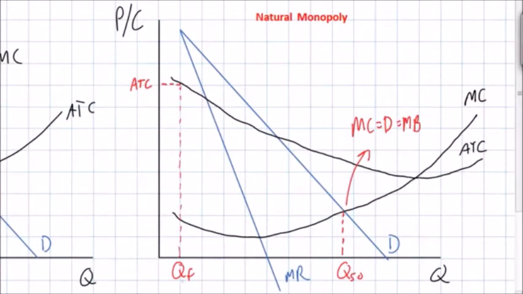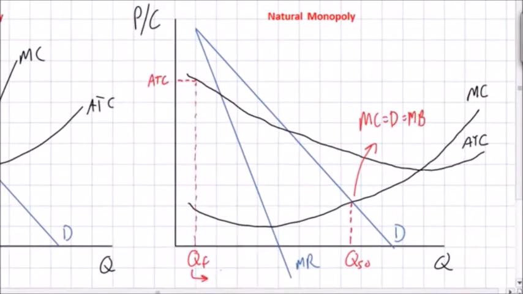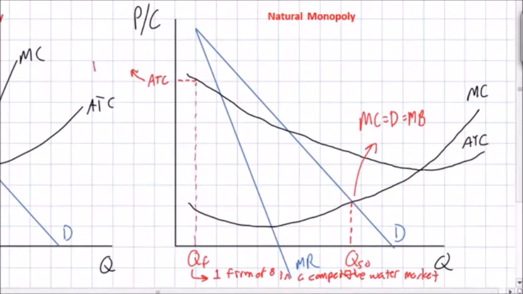So in this case, the QF represents the quantity of one firm of 8 in a competitive water market. Notice that if this market was filled with 8 different firms, each firm would have very high average total costs. This is an industry that would actually be better off with only one firm producing water for the entire city. The infrastructure needed has such high fixed costs associated with it that only when a firm produces the entire quantity